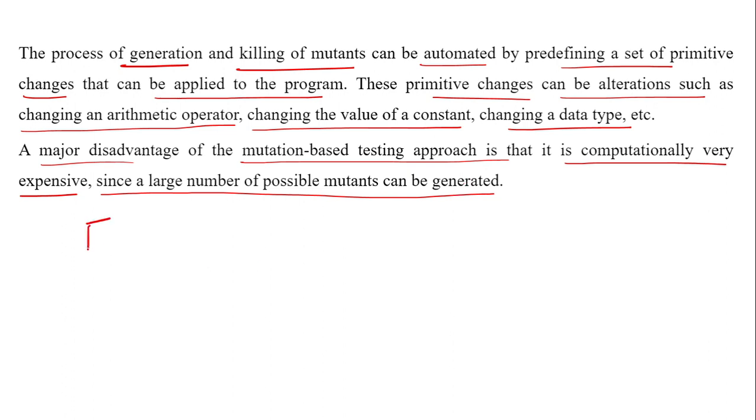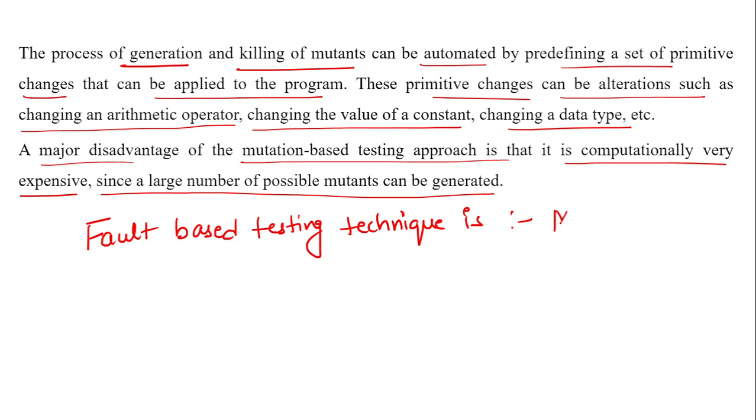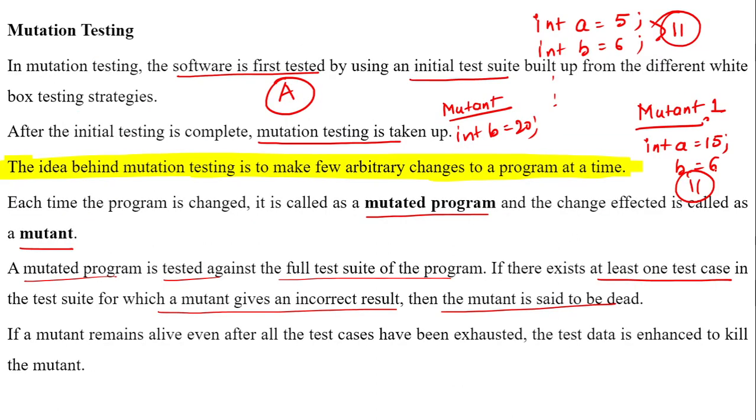आपसे एक क्वेश्चन आया था कि fault based technique is, तो जो वो क्वेश्चन था आपका यूजीसी 2022 का ही, उसका आंसर था म्यूटेशन टेस्टिंग। बिकॉज इफ यू सी नाउ, अगर आप देखो म्यूटेशन टेस्टिंग में, सो वी आर जनरेटिंग different types of mutants, है ना, and our aim with those mutants is that we are basically trying to find the fault in our program. क्योंकि 5 and 6 were 11. Again, 5 and 6 was also 11. This means that since the mutant has generated a wrong answer, this means that there is error in some code.